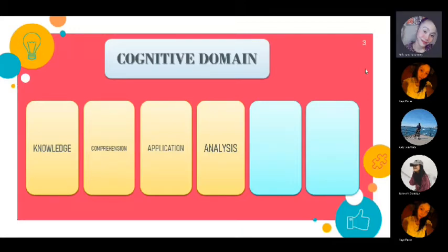So next is the synthesis. Synthesis requires production of something unique or original. At this level, one is expected to solve unfamiliar problems in a unique way or combine parts to form a unique or novel solution. So this pertains to the organization of data, how a student constructs their information. For example, the teacher asks for an essay about